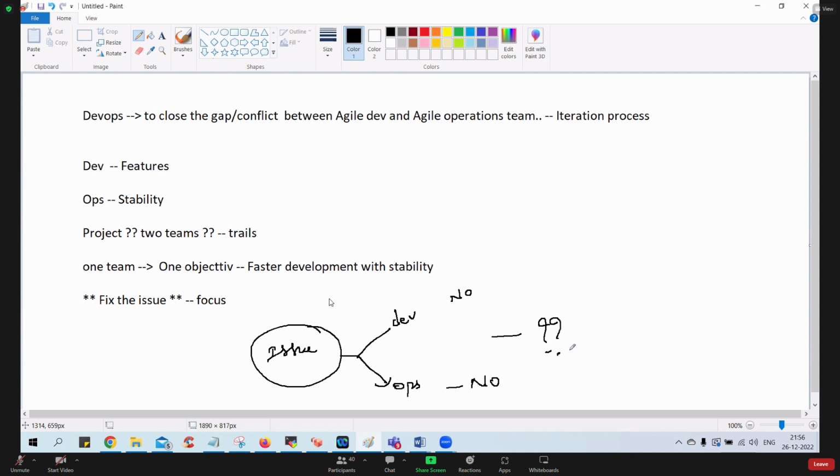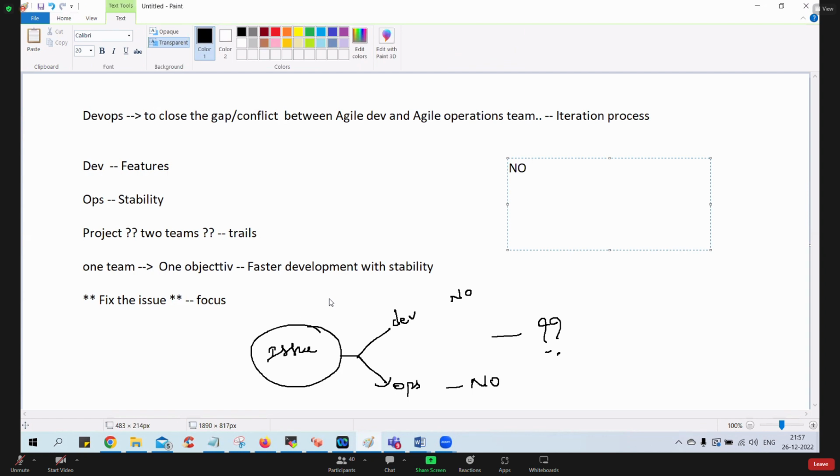That is where all these things have been observed in agile. And that is where they came up saying that we should follow one team. So if an issue comes up, we identify the scope. See, right, Nayak, it is correct. That is what I told you. So in DevOps, there is no focus on the RCA. That is for sure.